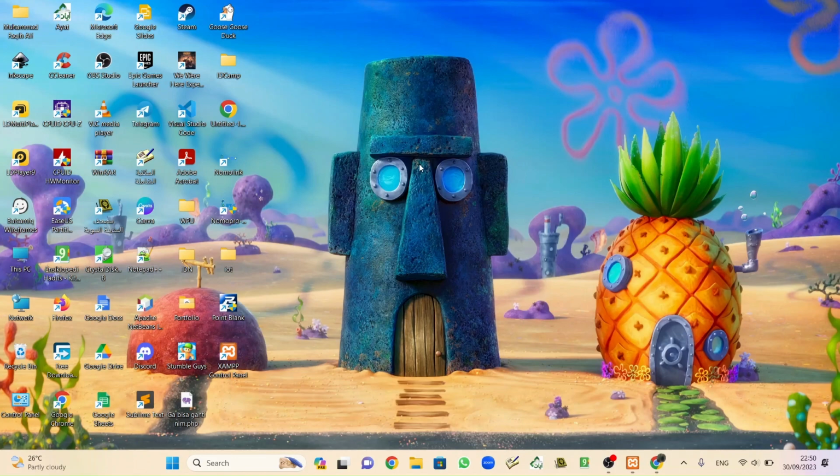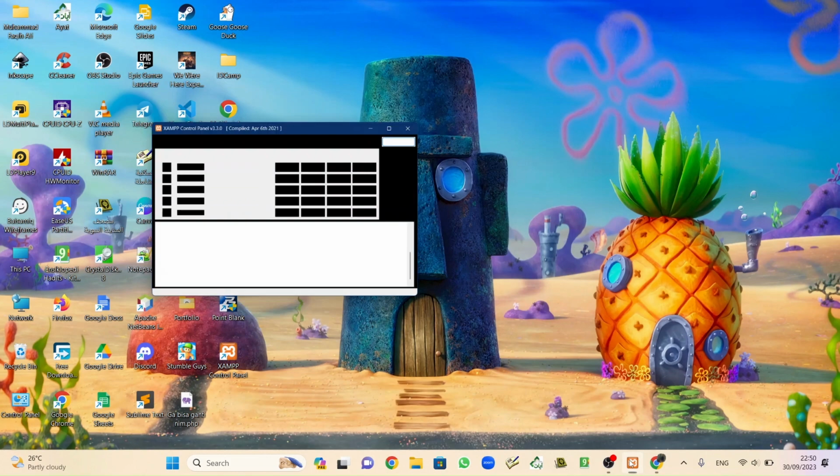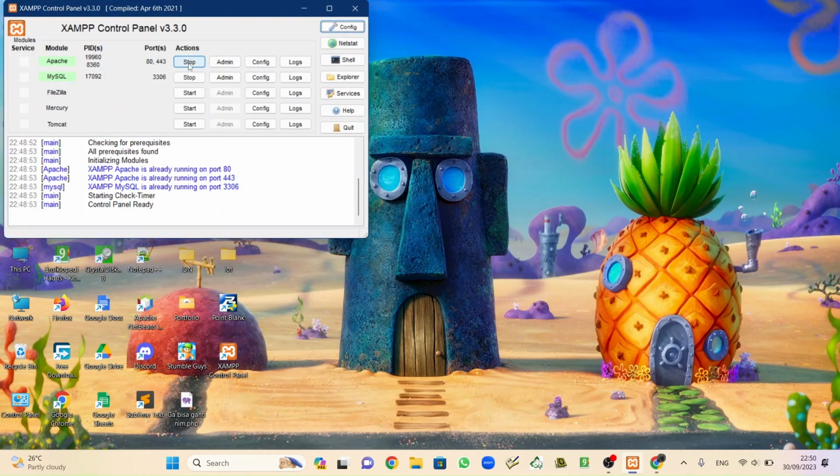Okay, everyone, on this occasion, I want to make a website on PHP: create, read, update, and delete with PHP. And for the CSS, I want to use a template from AdminLTE. So before we start, make sure you start Apache and also MySQL. Make sure there is no error, and then we move to the browser.